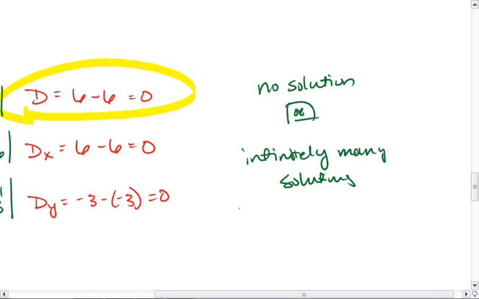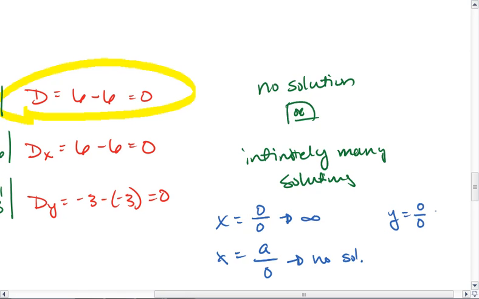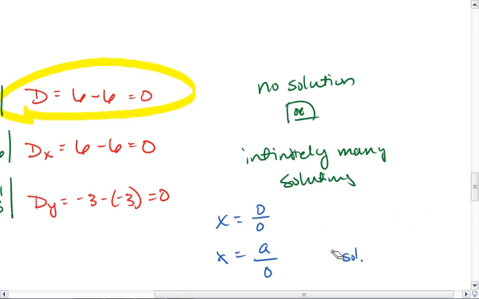What we find is this: if you get that x is 0 over 0, then this means there's infinitely many solutions. If x is some number not 0 over 0, then there's no solution. Same thing for y. So if both x and y are 0 over 0, it means there are infinitely many solutions. And for some number over 0, we get no solution. So in this case,